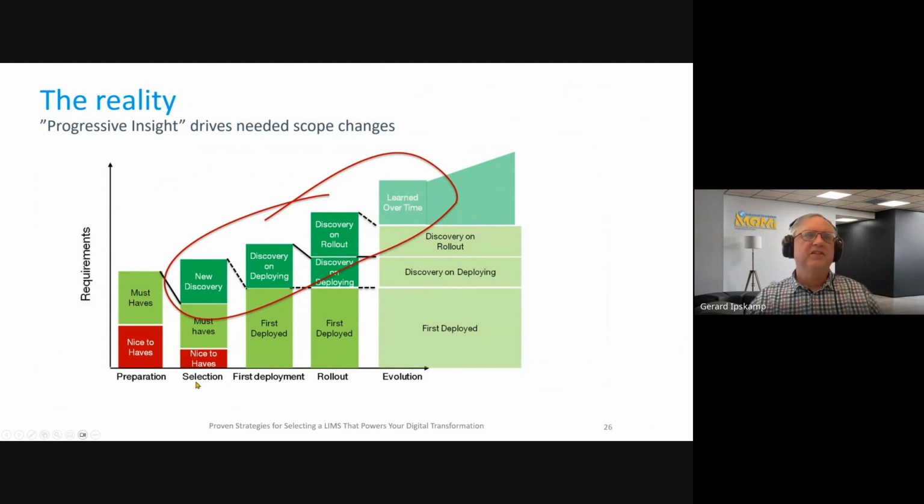So at the selection already, we find out, oh, is that possible in a LIMS system? Oh, let's do that also. So there you start already what we call progressive insight. And with the first deployment, they will say, oh, we didn't tell you this, and we didn't tell you that. Oh yeah, we forgot to tell you this, etc. So prepare in your budget, in a long budget for 3 to 5 years, that this is the real process. With every rollout, you will have new functionalities or new configurations. It's not always customization, but time to implement something that you didn't know about.